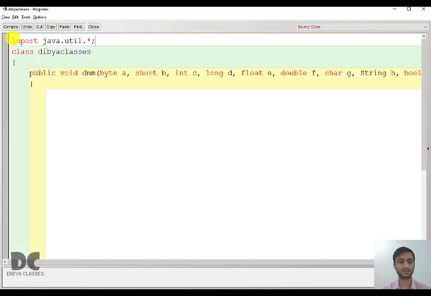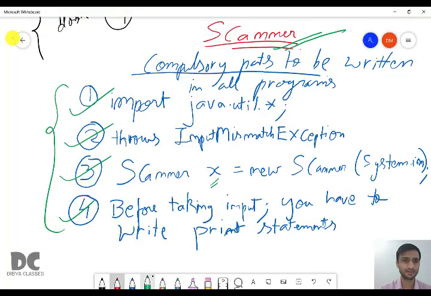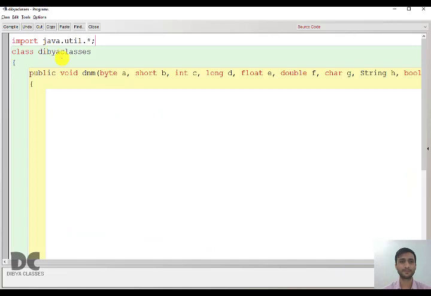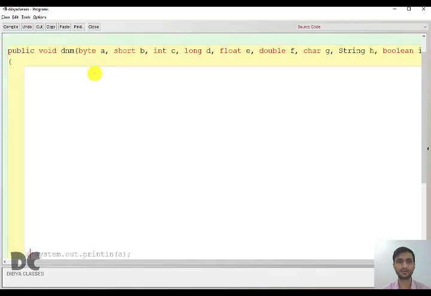So this line is done, you have written the first line. Now the second line, throws input mismatch exception. Where should you write it? You should write it at the end of public void.